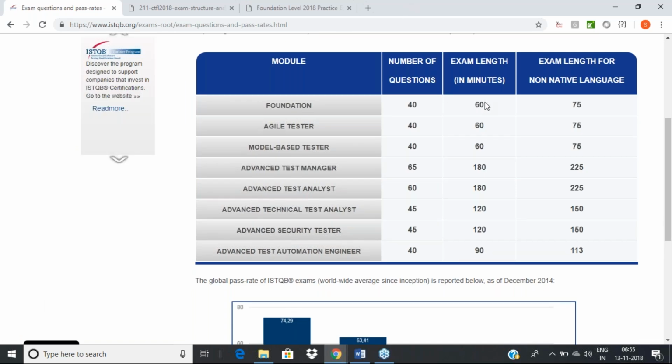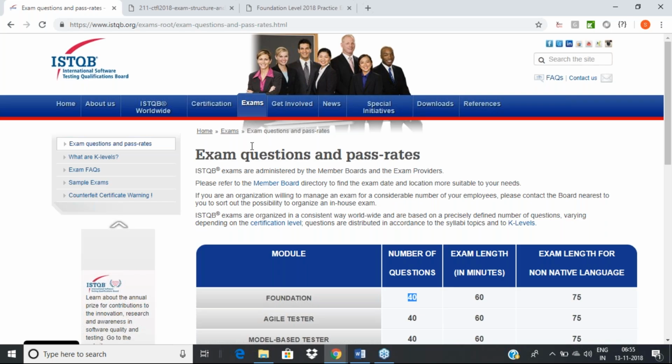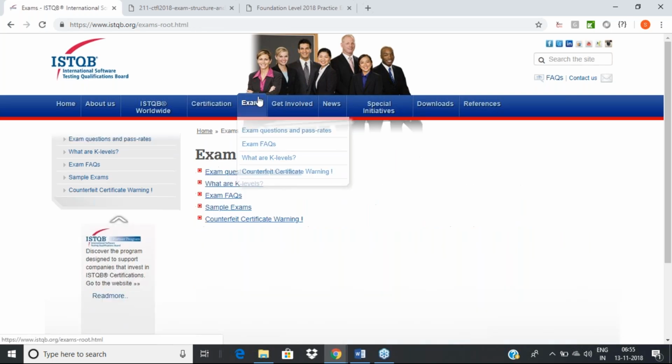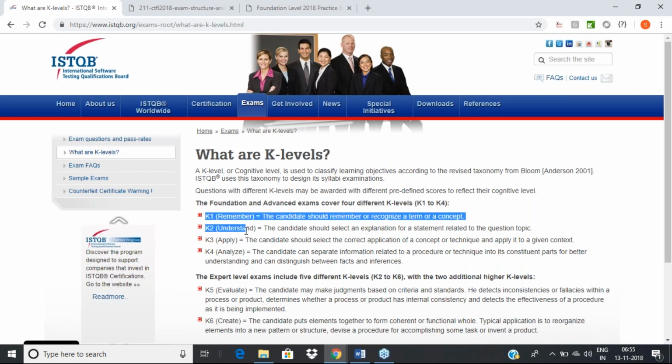So if you are going to write it in English, I hope so, it will be 60 minutes. Yeah, 60 minutes, 1 hour, 40 questions. The most important thing that I want to talk about is these K levels. So you will get questions from these three categories, K1, K2, K3 type of questions, where K1 you have to